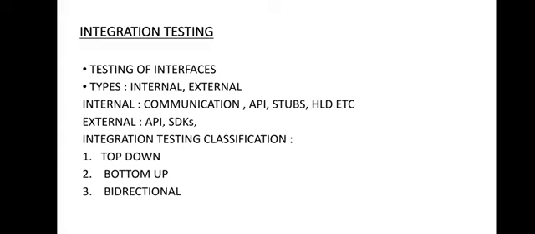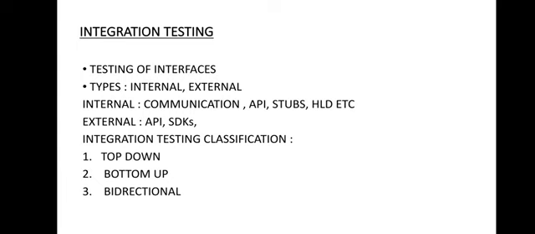Basically, there are two types of interfaces. You can see internal and external interfaces. The internal interfaces are those that provide communication between any two modules within a project or within a software. That means the internal working is exhibited by it, and it is not exposed to the customer or any kind of external party. And the second one are external interfaces. About that we will talk later.